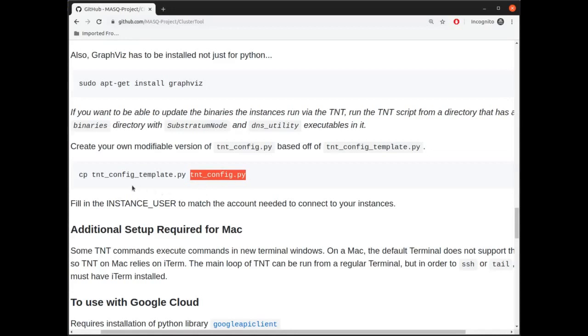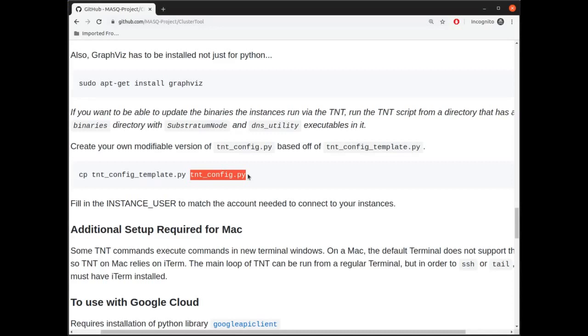So what you do is take this empty version and you copy it to here so that you actually do have a TNT config.py. And then if you were going to use cloud services, you'd go in there and fill it out with the various secret keys and stuff from your cloud services, and you would absolutely not ever upload that to anywhere public because, again, it contains your secrets that you don't want to share with the world. So you just keep that on your machine and don't ever share it with anybody.